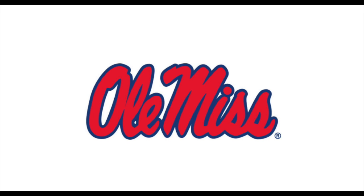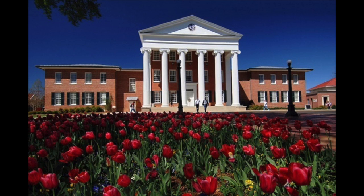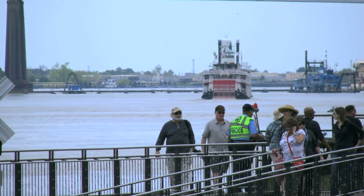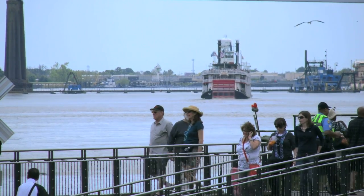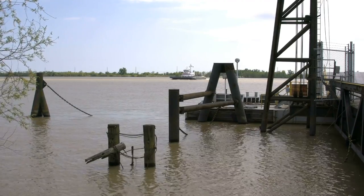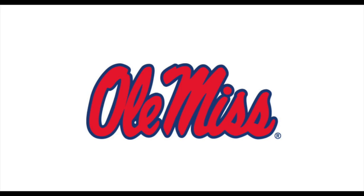Here's what I think is the coolest name in sports because it's a complete disambiguation of the school's actual name, and really, there are no F's given about it. The official name of the school is the University of Mississippi. However, the term Ole Miss first surfaced in 1897. On a tangent, when I hear the name Ole Miss, all I can think of is a granny trying to look really young. Anyways, the name and the colloquial and intentionally misspelled terminology has been official since 1970 when the